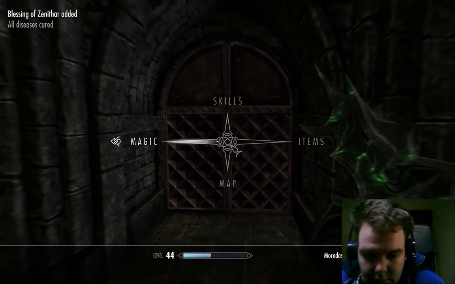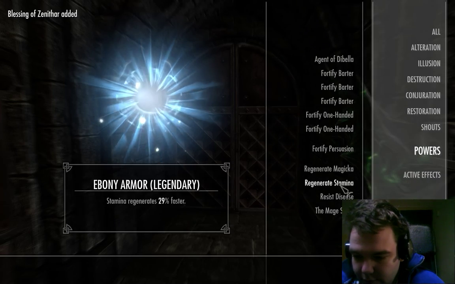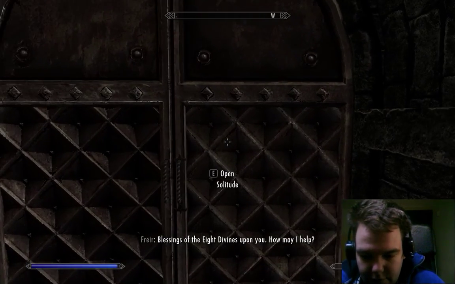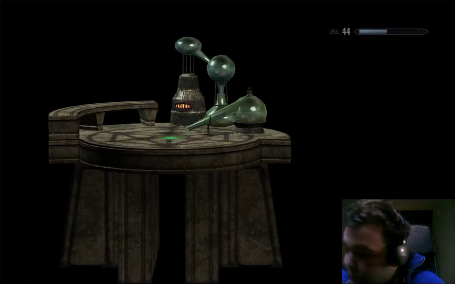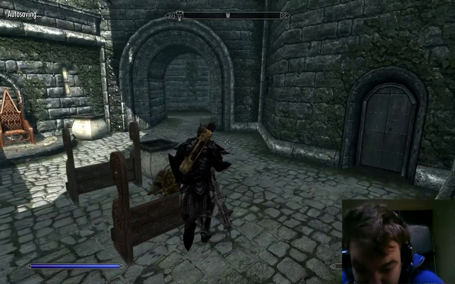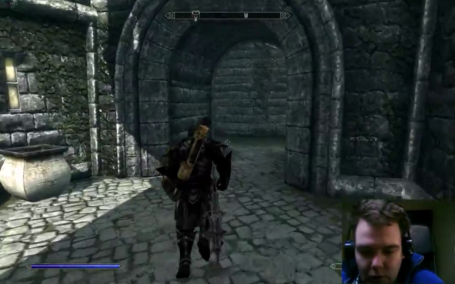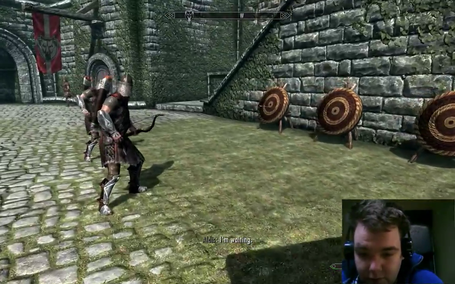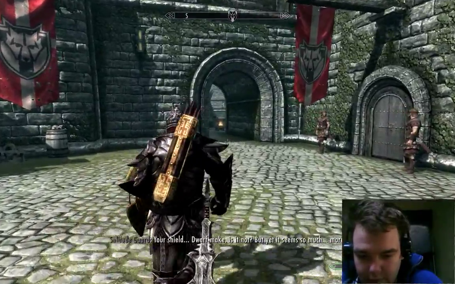Blessings of the 8. Now what this does is, active effects, Blessing of, wait a minute. Prices are 10% better, which is exactly what I want. I could invest even further in my trading skills, invest in shops, which I'm going to do at some point, but I'm probably going to invest the four skill points I have right now into one-handed and archery. But I'm not entirely certain because I need to invest at least one of them into dragon...